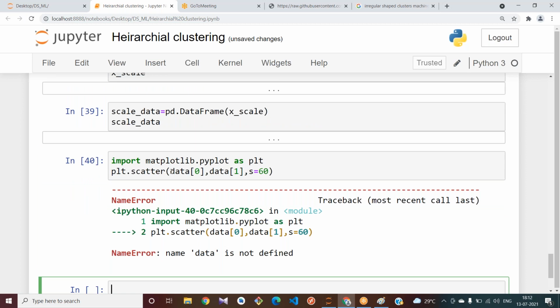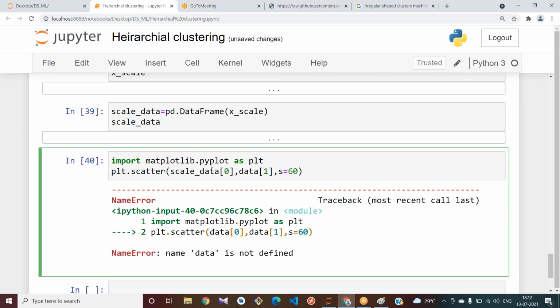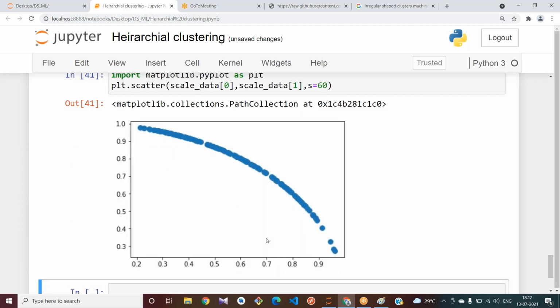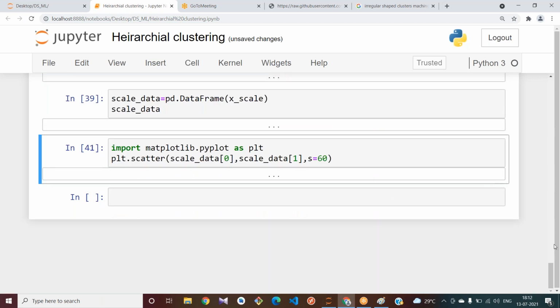Okay, scale underscore data I have used, scale underscore data and scale underscore data. So it somewhat ranges from 0 to 1, same scaling. If you try to observe the values here, you can find 0 to 1 only, you will have all the values.